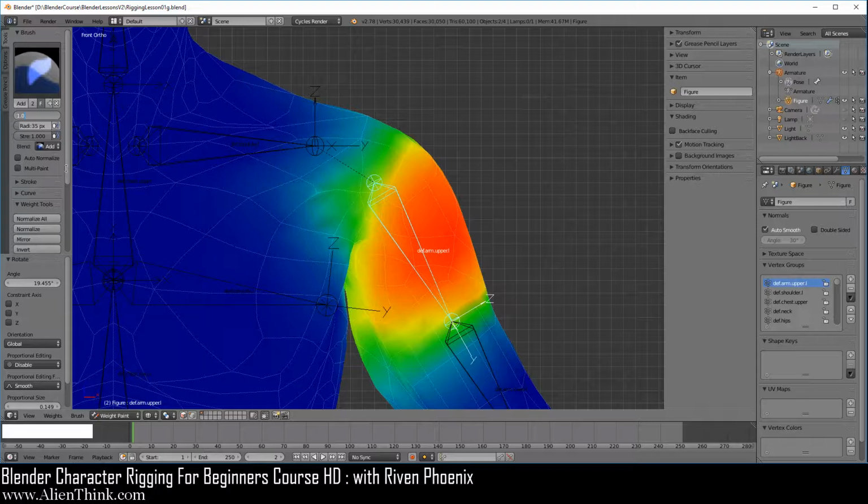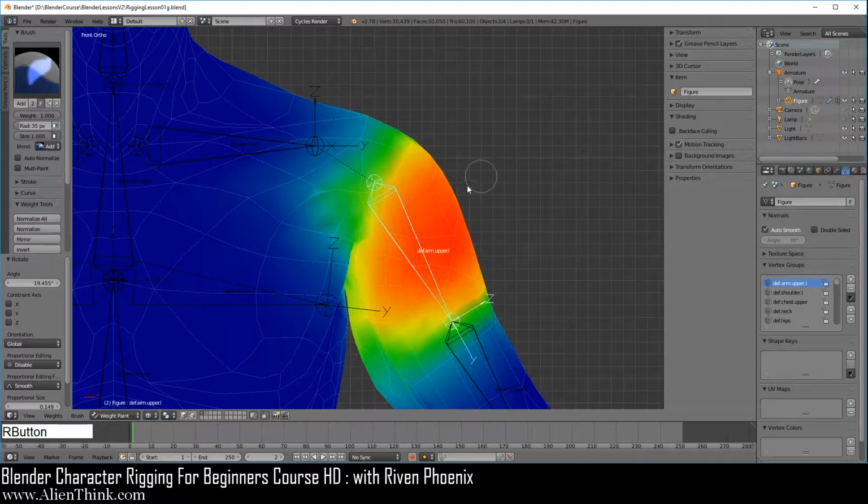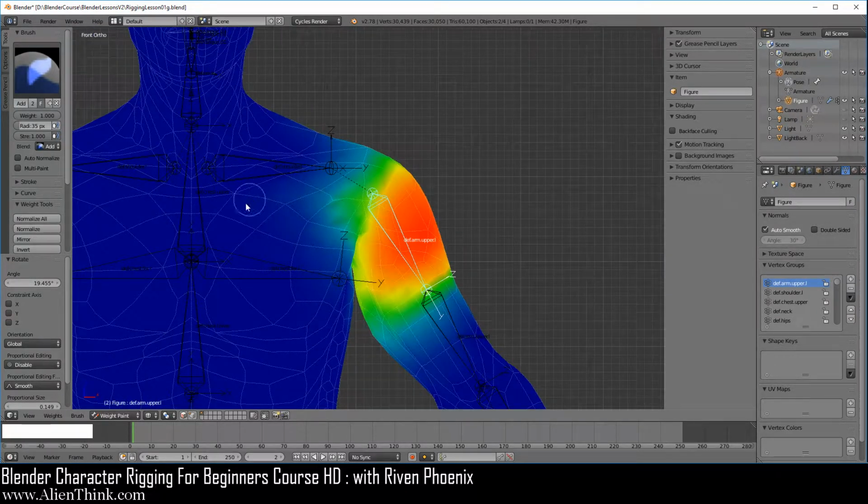Okay. Now, when you have this vertex group selected, you can press the R key to move this over here, right? Now, if you zoom out, you can actually click on any of these vertices to automatically add this vertex to this vertex group. Okay, it has nothing to do with this bone.